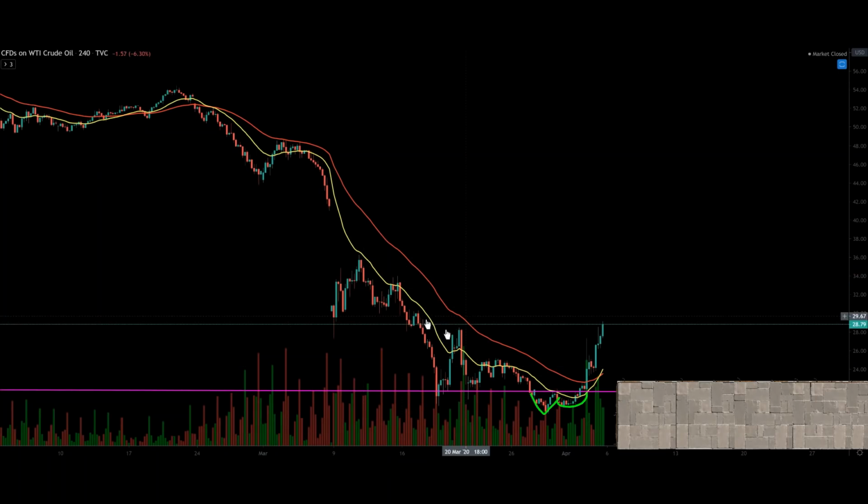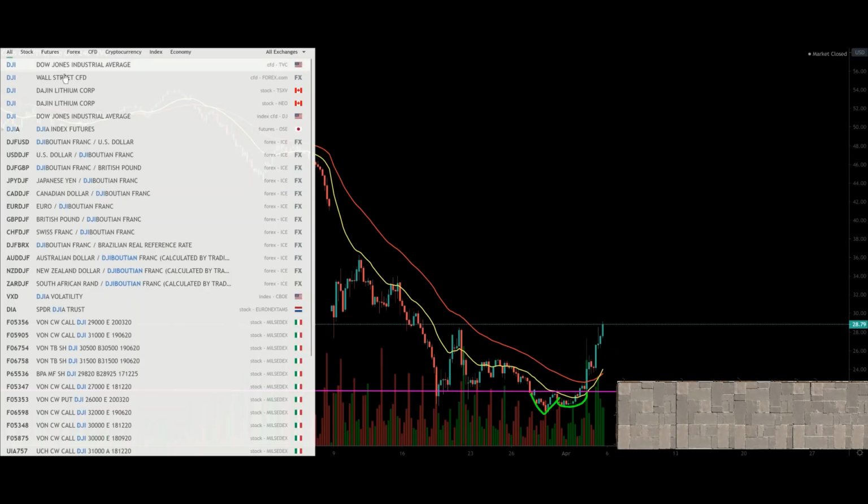We are facing significant resistance at the moment with this high volume area, so I wouldn't be surprised to see a pullback. But it's a crazy market with oil, and with the geopolitical situation changing daily, this could certainly keep pumping to the upside. We're going to quickly recap the DJI before we move back over to the crypto markets,